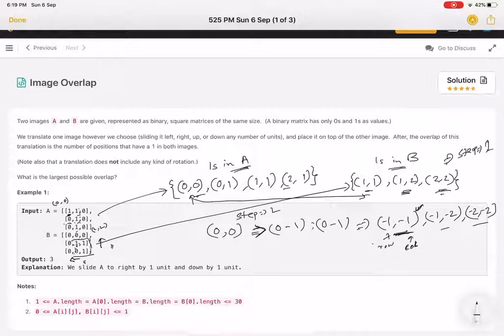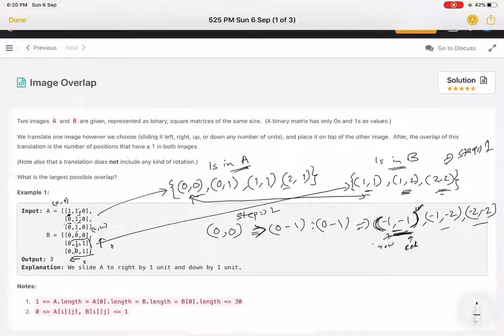This sliding, after subtracting the row of an item in the vector of A and the row of an item in the vector of B, and the column rather I say, gives us the shift amount, row wise and column wise. If we do this shift, we at least get one element whose value is 1.